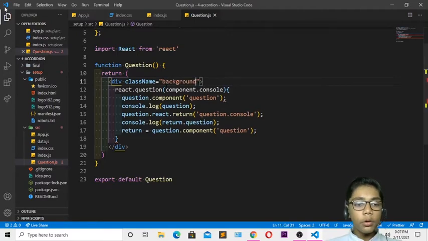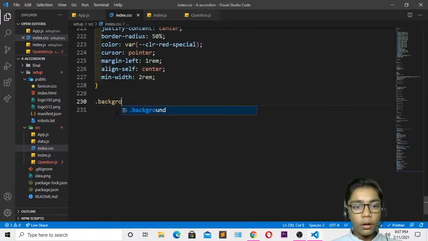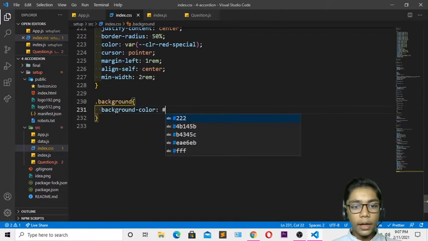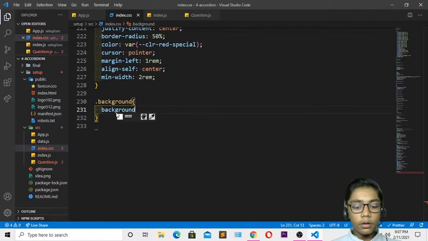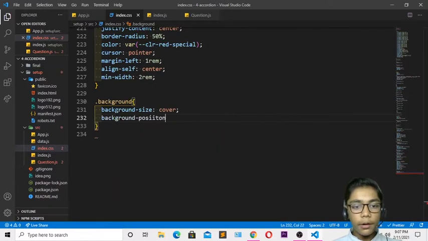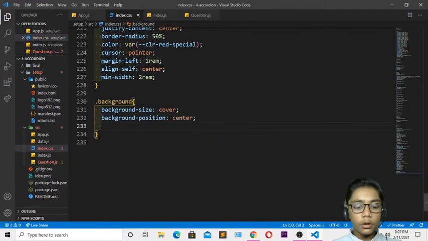Then when you've done that, you have to hit save again. Then go to your index.css file again, then right over here dot background. First of all, background color. So I'll be writing a background color, which should be, erase that now, because first of all I'll be writing background size, which should be cover. Okay, so now I'll be defining a background position also like previously we have defined, because I also have to define my things like box. So because of the box I have to define my background position and everything.